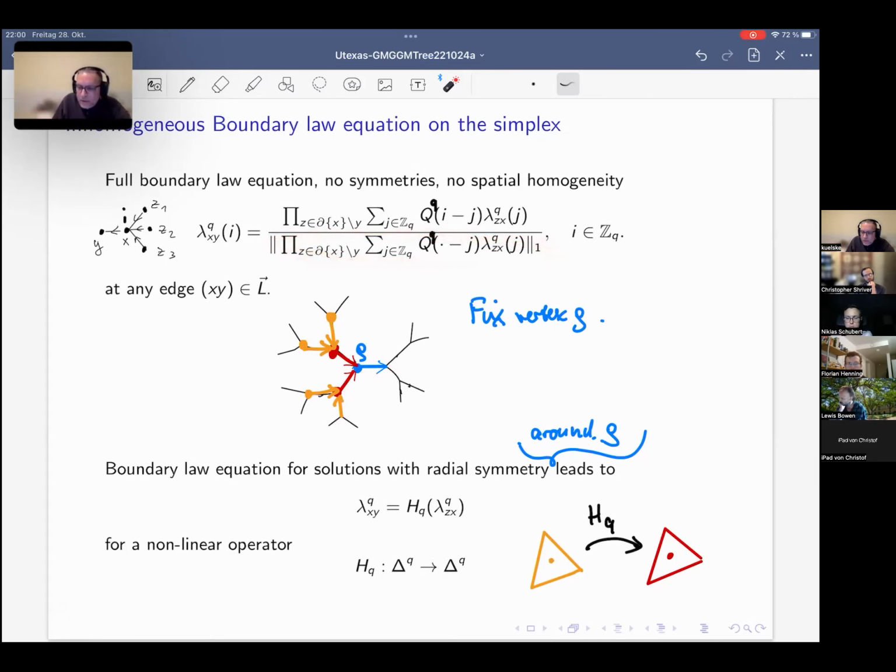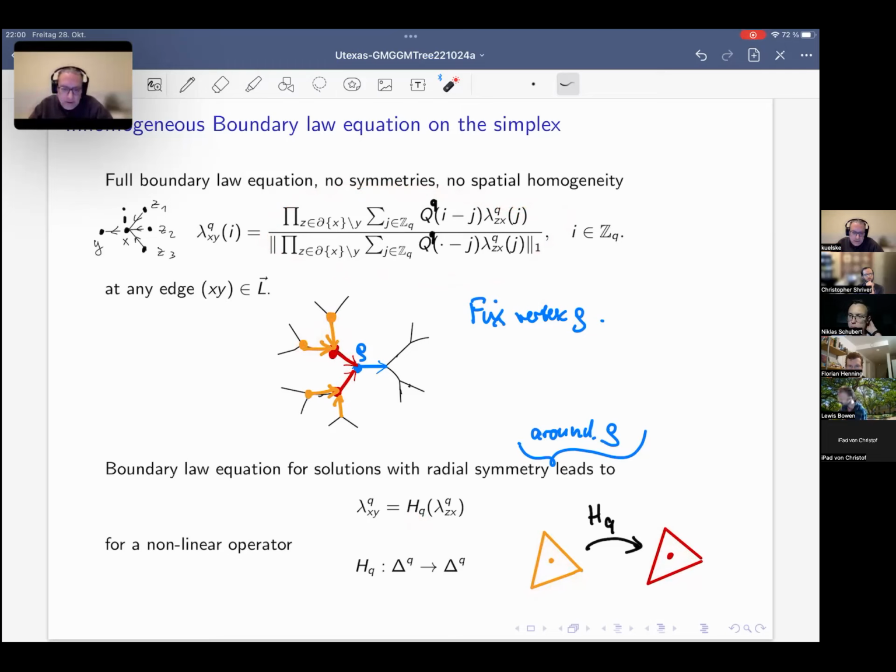So we simply choose a different normalization, which is the L1 normalization. Since we are now looking for I in the Q, these are vectors of Q entries, and if you normalize, then you are on a simplex. So if you rewrite this whole thing, it gives you a map HQ, which takes you from a simplex, where these things live, to a simplex where these things live. The same simplex, of course.